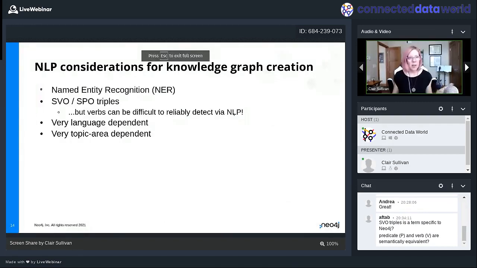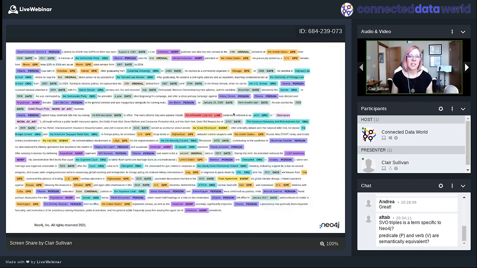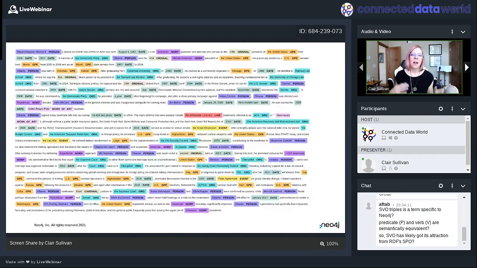Back here. So I'm just going to give you an example of some text here, and I don't expect that this font is going to come across real well on your screen. That's not the point. The point is I've grabbed the Wikipedia summary of Barack Obama. And what I've done is a named entity recognition and part of speech recognition to try and figure out what's happening in this text. I just use this because it's nice unstructured text. It's not been cleaned at all or anything like that. And what do I have here?